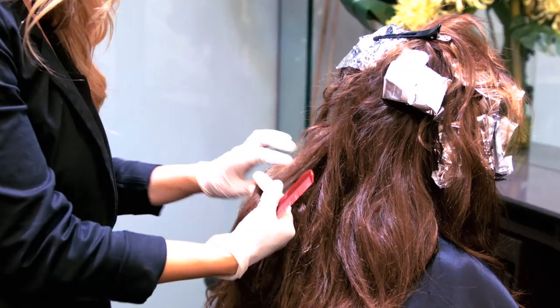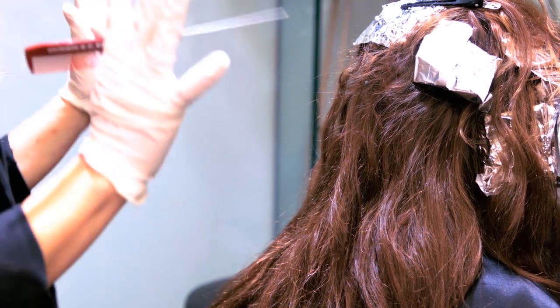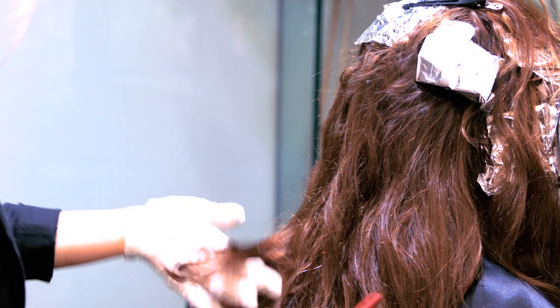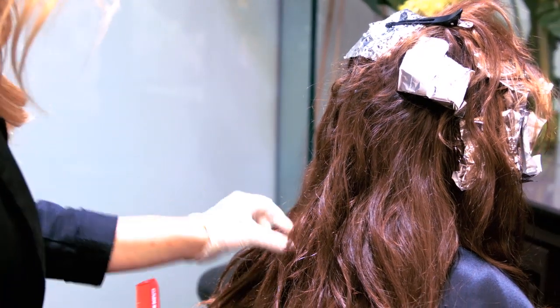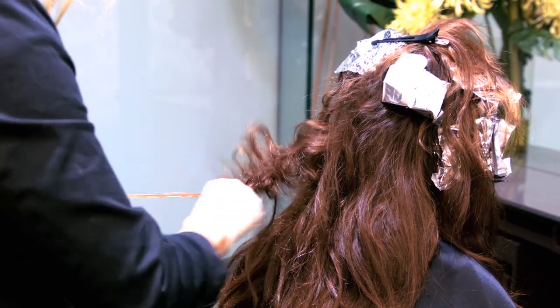Okay, so now through the mid-lengths and ends, I'm going to start a freehand balayage technique. I put on gloves because I'm actually going to apply the color with my hands. So here I'm just picking up individual sections that I want to stand out, and again, lightly teasing and back combing that section,